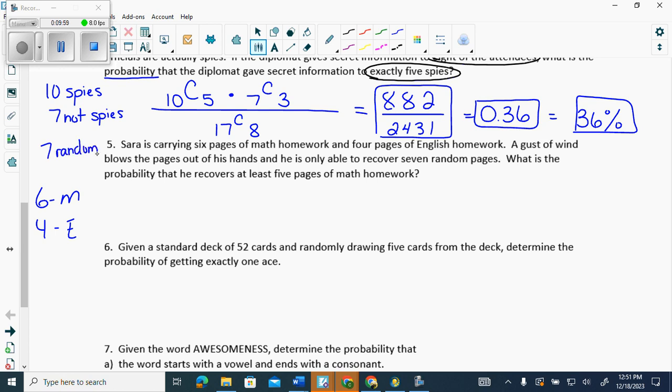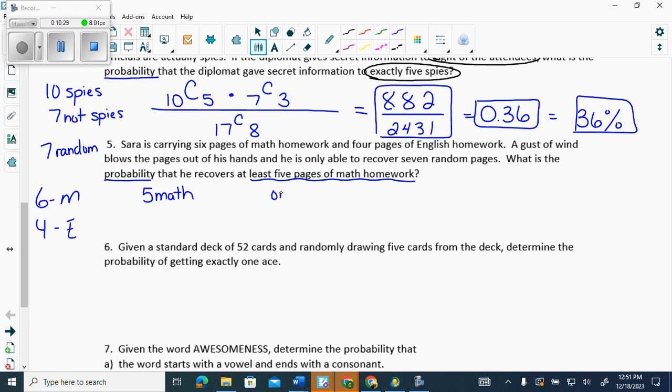After the word probability only affects the top, so I keep reading. It says, what is the probability, now this is going to affect the top, that he recovers at least 5 pages of math? At least means cases, right? So that's 5 or 6 or 7. Can he recover 7 math pages? No, because he only has 6 to choose from, right? So he's recovering 5 math